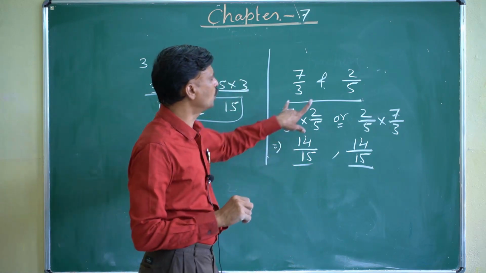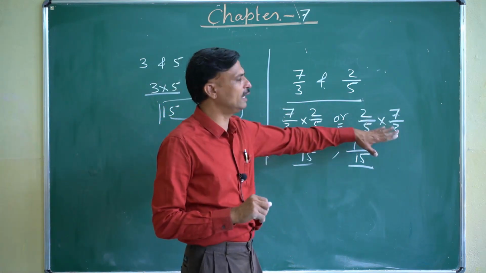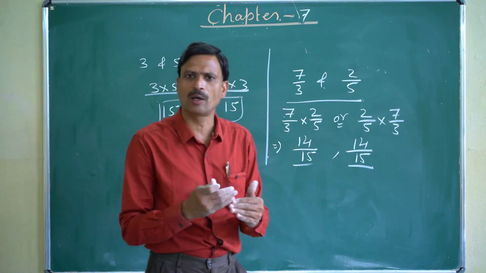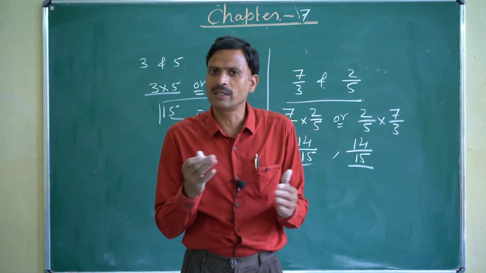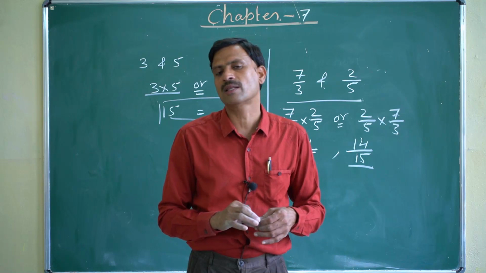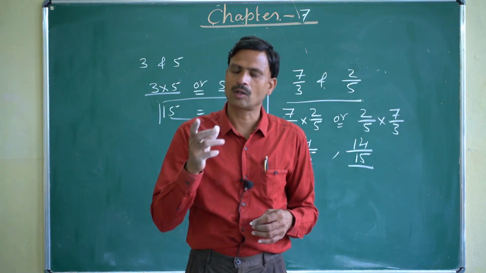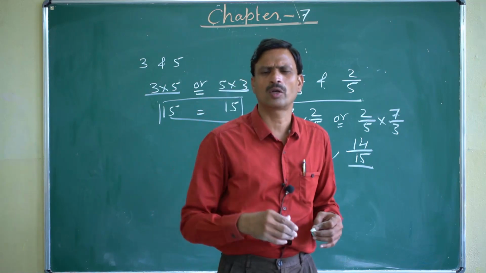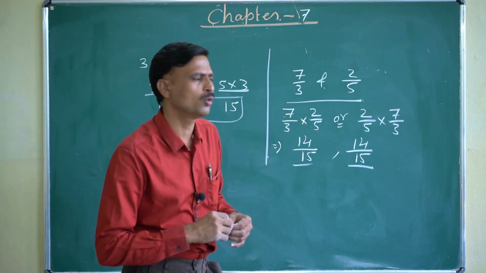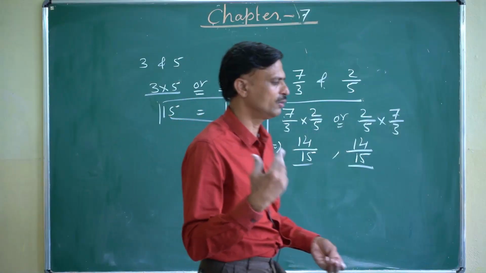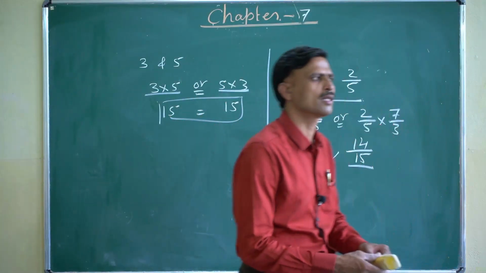It is not only for two numbers. If there are three numbers also, and you multiply three fractional numbers and change the order, the result remains the same. The result is not going to change, right? That is called the associative property. But according to your class, you only have to remember this thing. The names and all of these you will discuss in the coming classes.